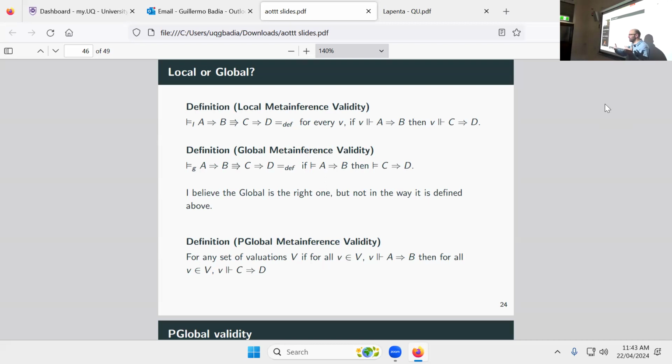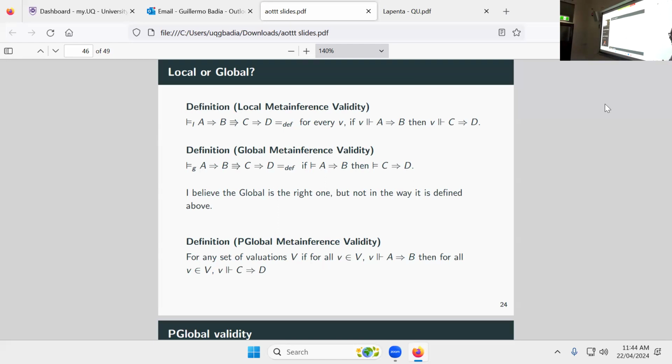Whenever you assume that this meta-inference is globally valid, this is because either A arrow B globally implies anything, or anything globally implies C arrow D. So it is not a very useful